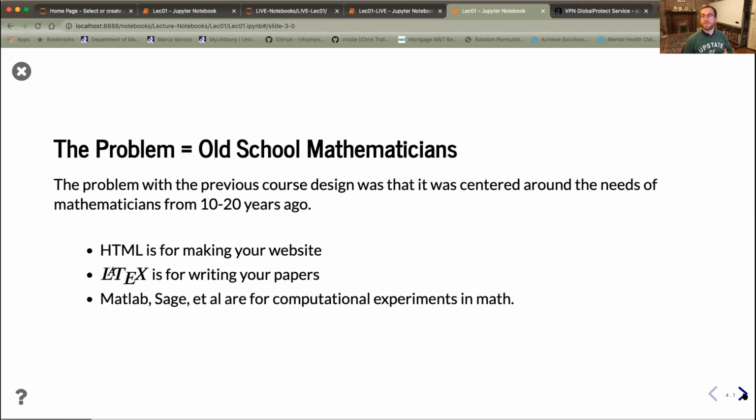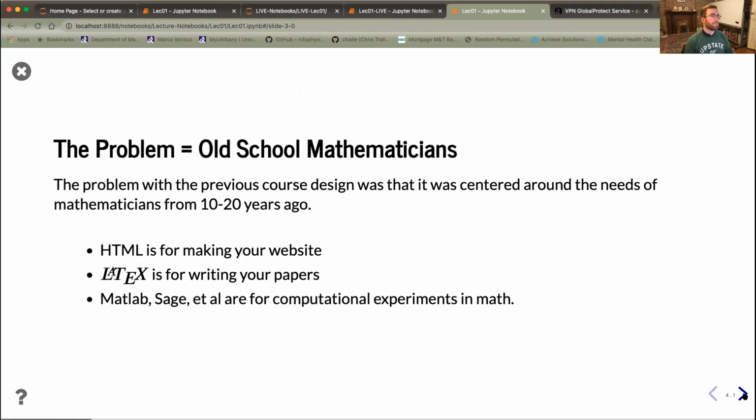But one of the problems was that people who took this course, although maybe it was relatively easy and straightforward, never really came out of it feeling like they had mastered something. And maybe I'm being a little flippant here, but I'd say that the problem was that old school mathematicians tended to teach this course with the focus on equipping either research mathematicians or mathematical educators with the basic tools they needed. Things like